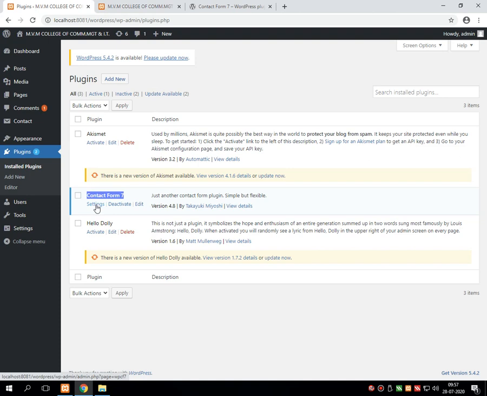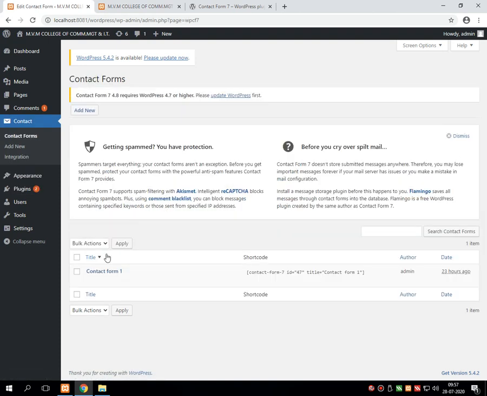Once you activate the plugin, you get the option for deactivating it. Then I visited the settings part of the same. In the settings there are a few things, like the name of the first form, its shortcode, author, and the date of publishing.